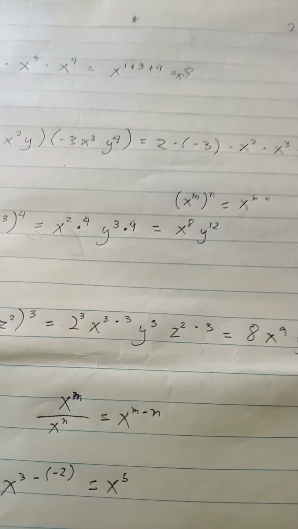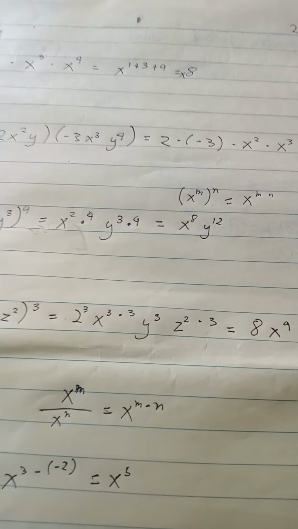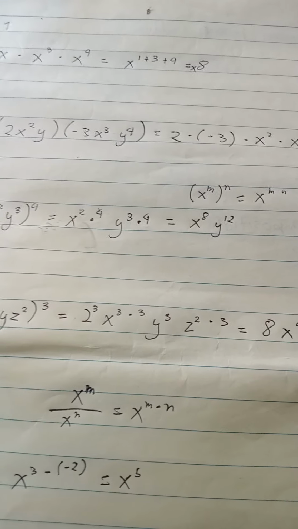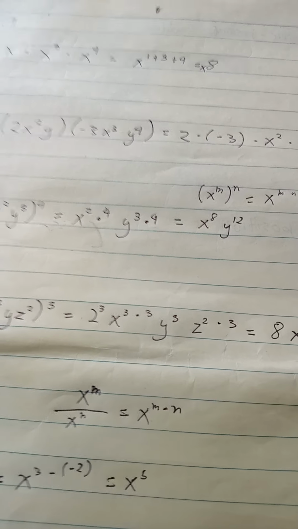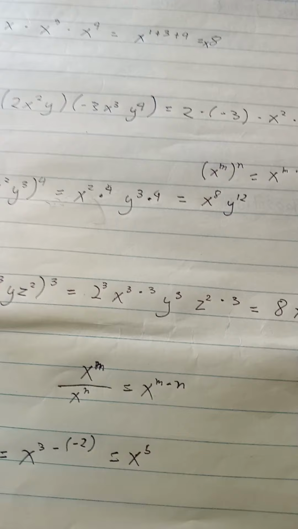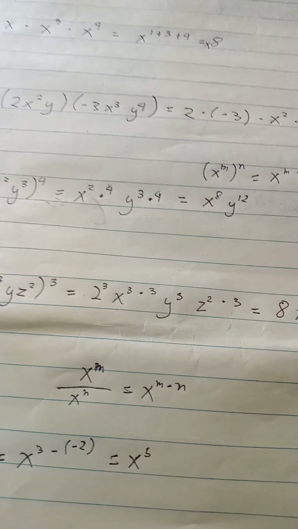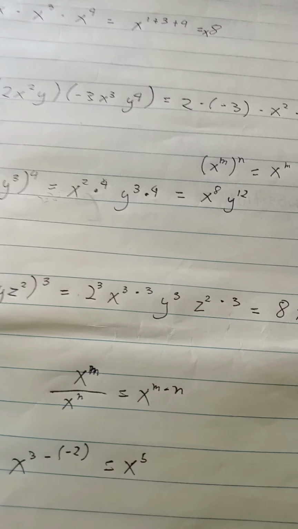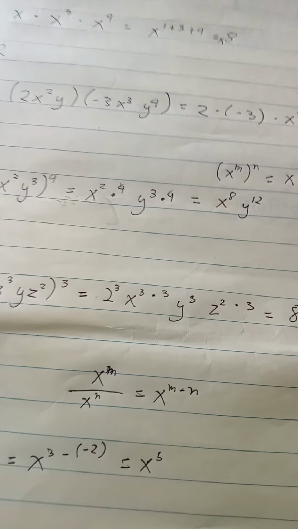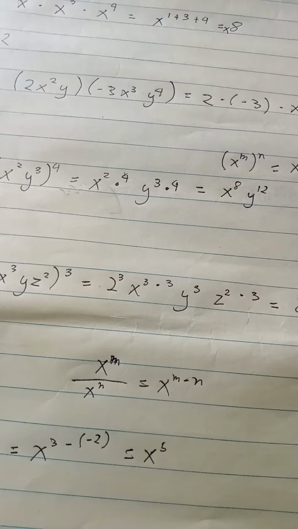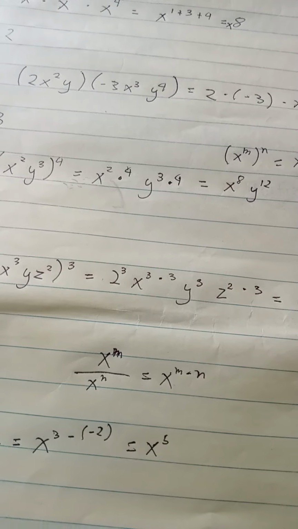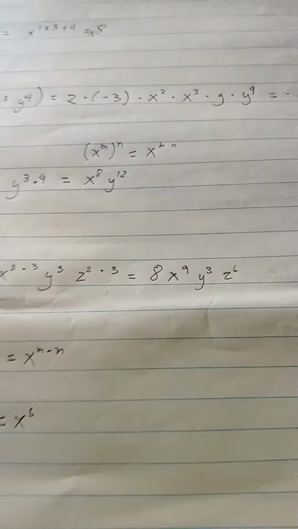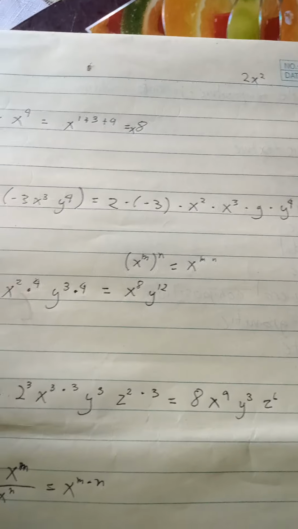Next after the product rule is the power rule. The power rule states that when raising monomials to powers, multiply the exponents. So instead of adding the exponents like we did in the product rule, we will multiply them with the same variable or base. Here in the given formula, our first example is